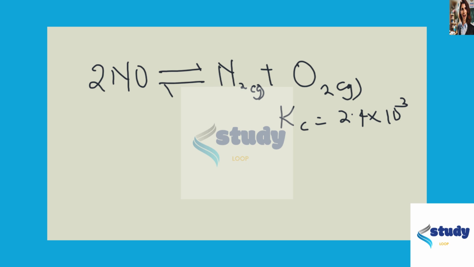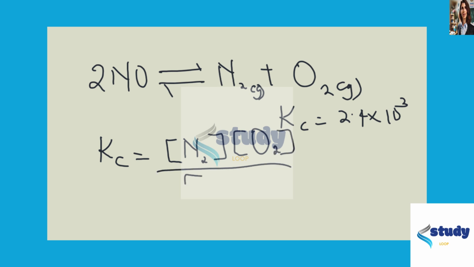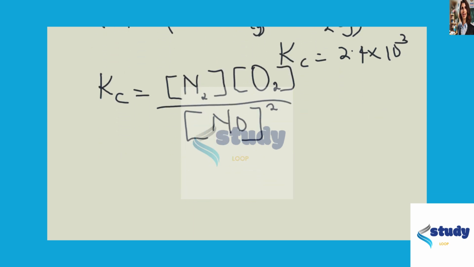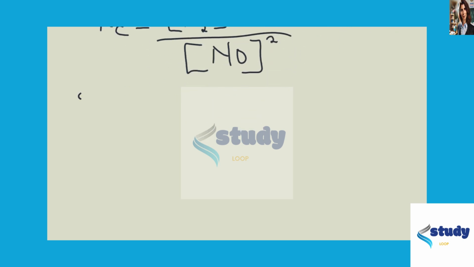But first, let's establish that the Kc expression, the equilibrium constant expression for this reaction, is the concentration of nitrogen gas at equilibrium times the concentration of oxygen gas at equilibrium, divided by the concentration of nitrogen oxide at equilibrium raised to the power of 2. So our job is to find these equilibrium concentrations. But we're going to use the ICE table. So we're going to set that up